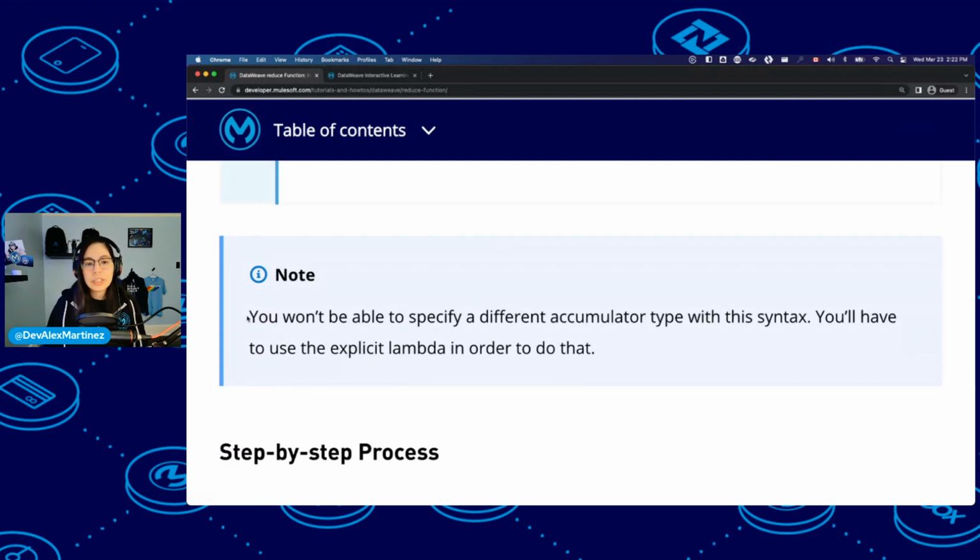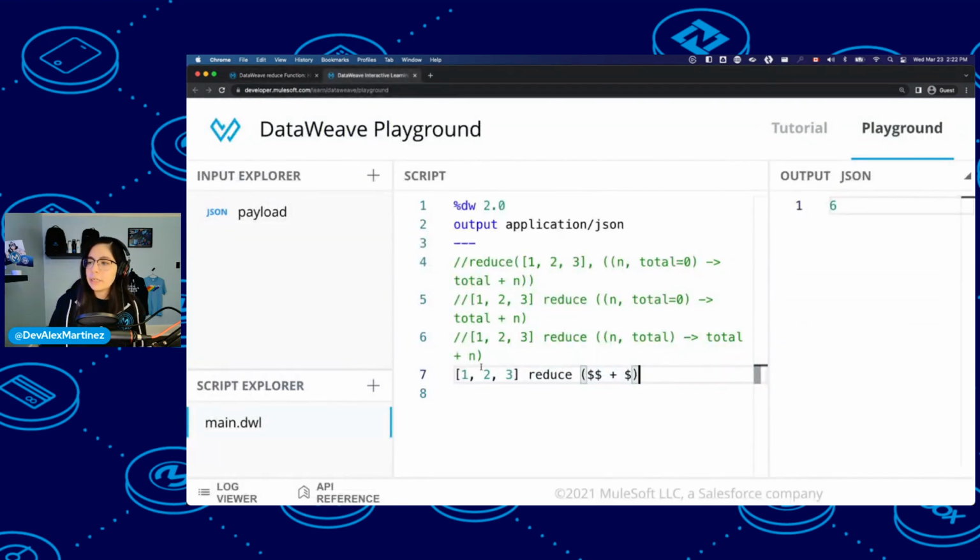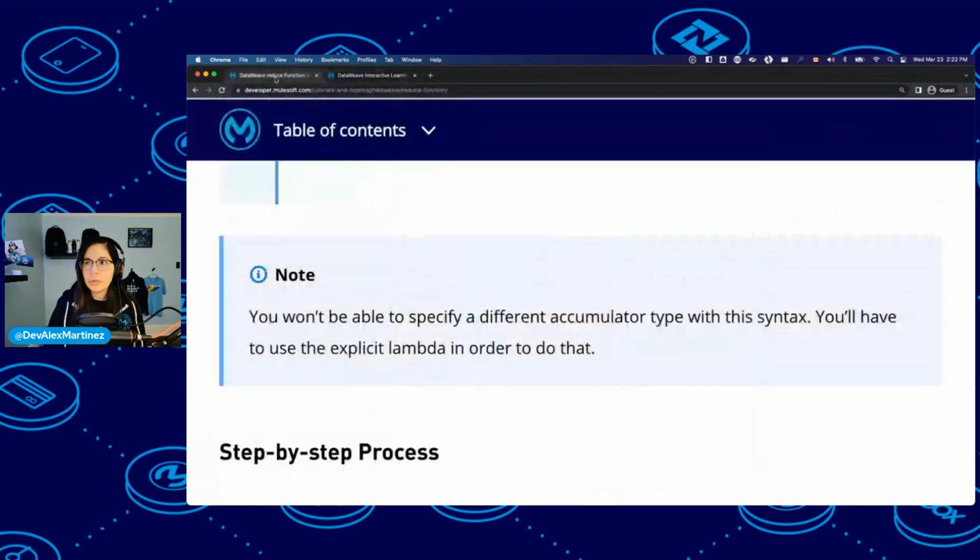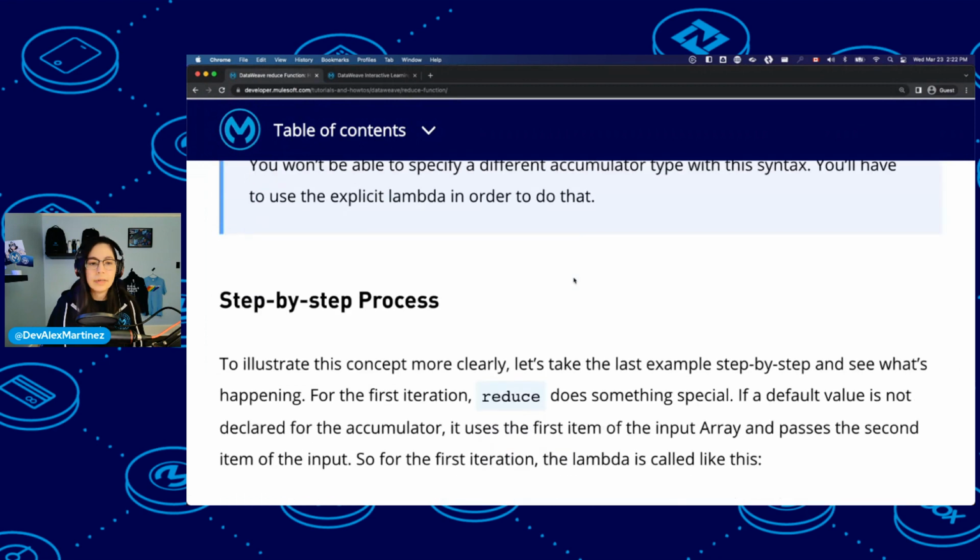You will have to use explicit lambda in order to specify a different accumulator type. In this case, because our array is of numbers and we want to have a number at the end, then that's fine. But if we wanted to change the type, then we would need to use the other explicit lambda.